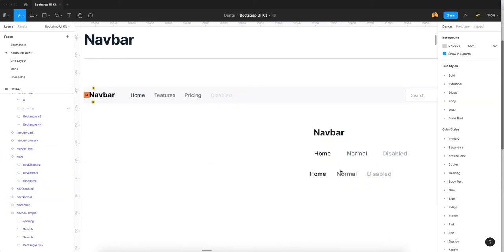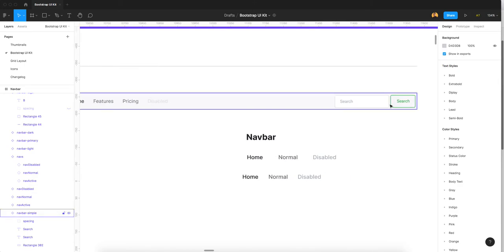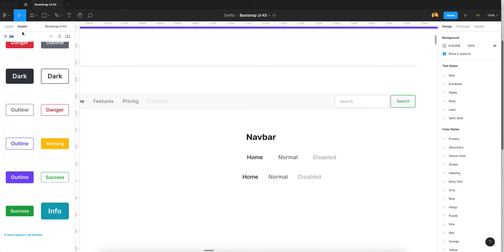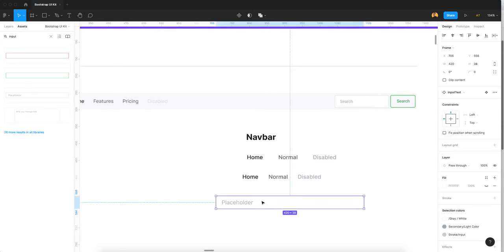So now it's time to create a search component. How do we create this search component in Figma? For this we need to use an input and an outline button. I go here and search input. We get this, and this is our input text.